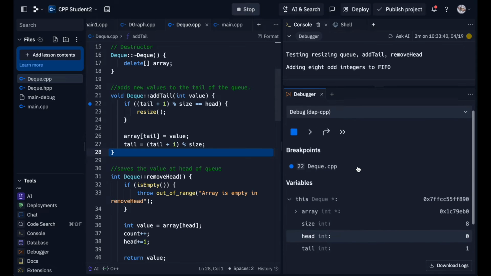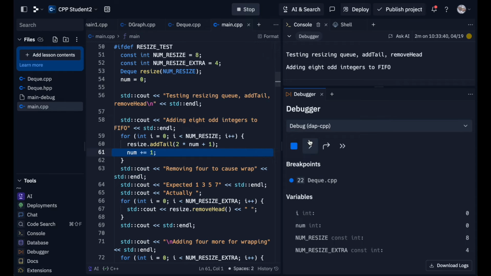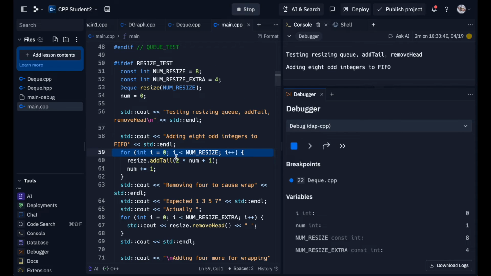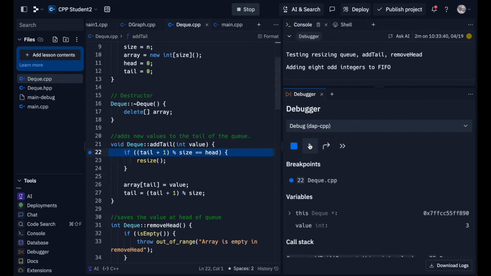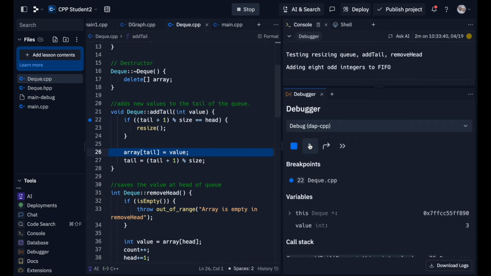Now we're at the end of the function, so when we click next again, we'll go back to where add tail was called. So we go back to main. Now if we click next here again in main, we're going to go back to the top of the loop. And then the first line in the loop is going to be to call add tail again. And if we click next step, it will take us into add tail so that we can step through that